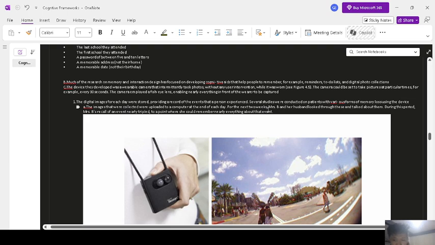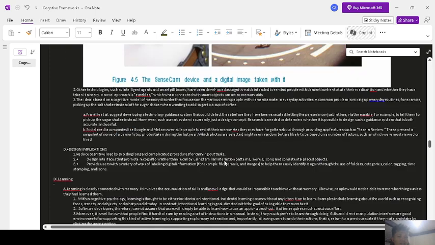Several studies were conducted on patients with various forms of memory loss using the device. The images that were collected were uploaded to a computer at the end of the day. For the next 2 weeks, Mrs. B and her husband looked through these and talked about them. During this period, Mrs. B's recall of an event nearly tripled to a point where she could remember nearly everything about that event.